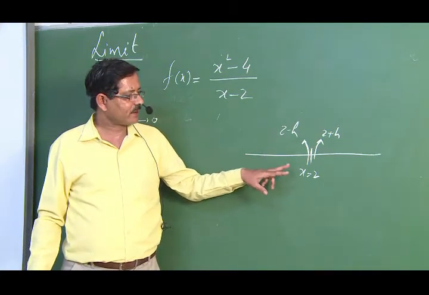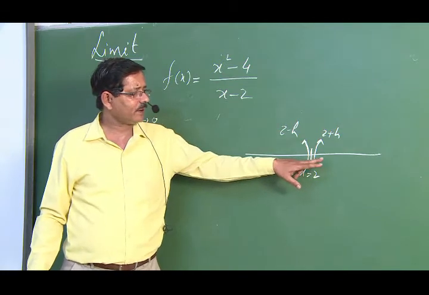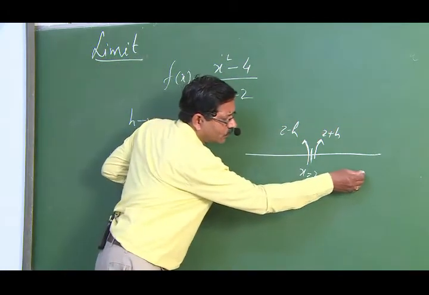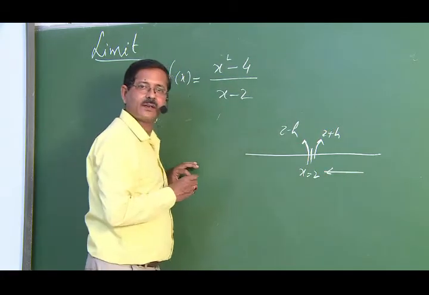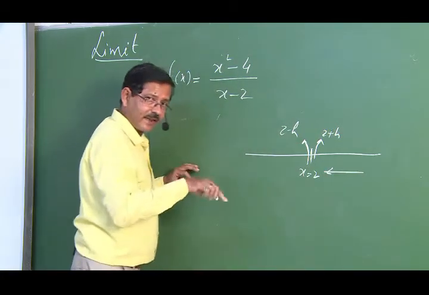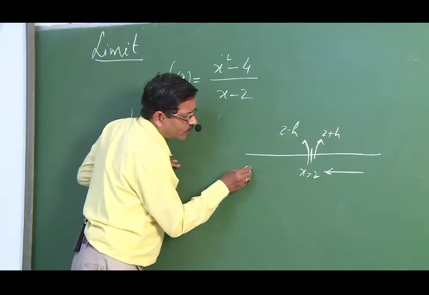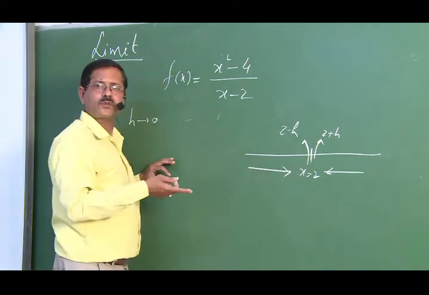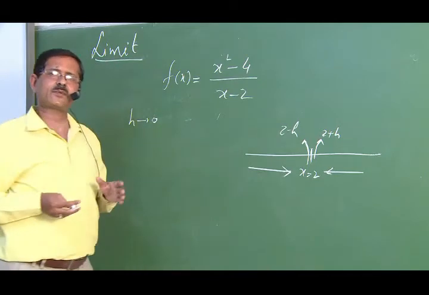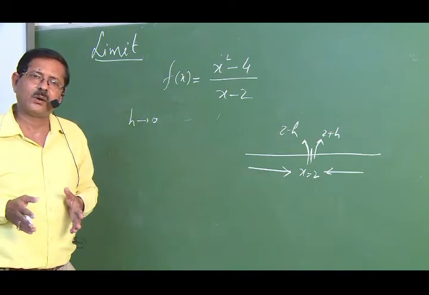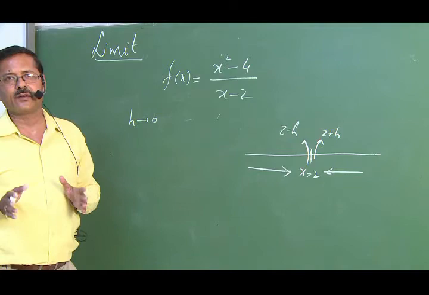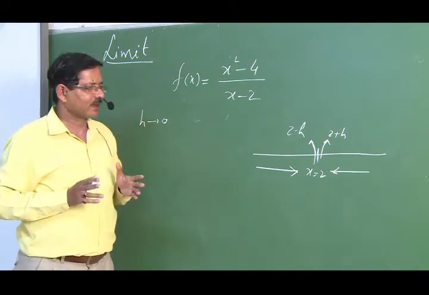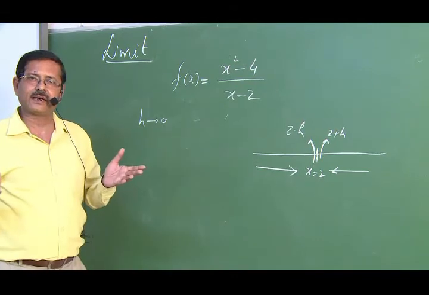value at x equal to 0 when x approaches towards 2 from the right. And the second way, if you approach towards 2 on the left of 2, so we have a concept of left hand limiting value and a right hand limiting value. Now we define the left hand limit and the right hand limit.